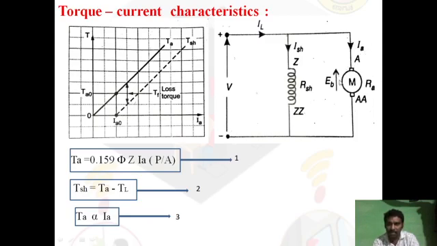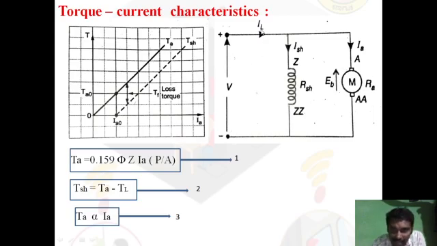This represents the armature part, where EB is the EMF induced in the armature, which is called back EMF in the case of a motor. This back EMF is the EMF induced in the armature. Its direction is opposite to the applied voltage. You can observe this is the supply voltage, and the direction is opposite, it opposes the applied voltage, so it is called back EMF.